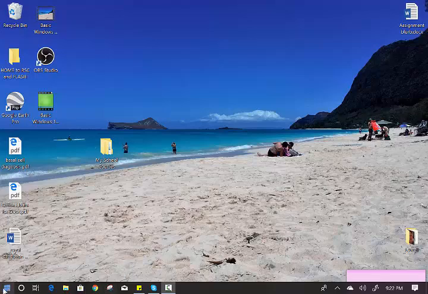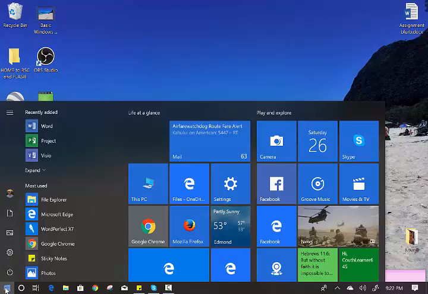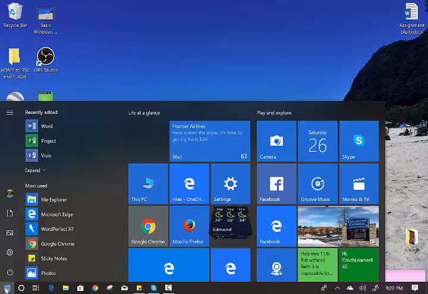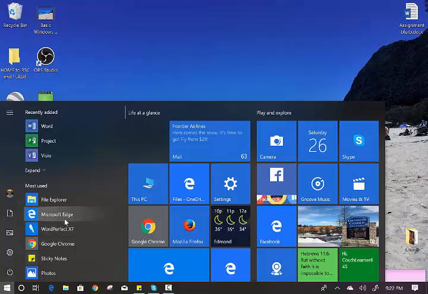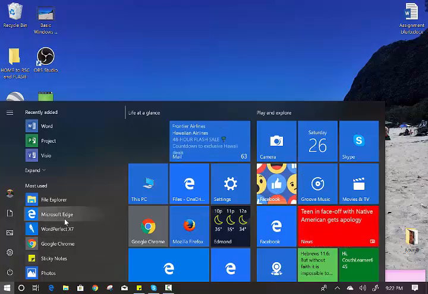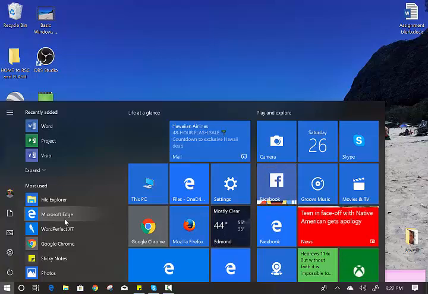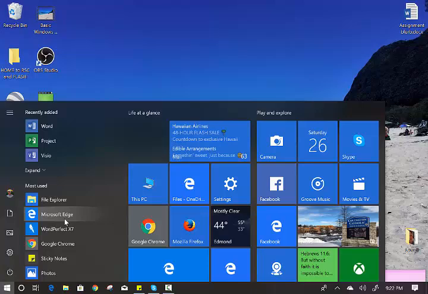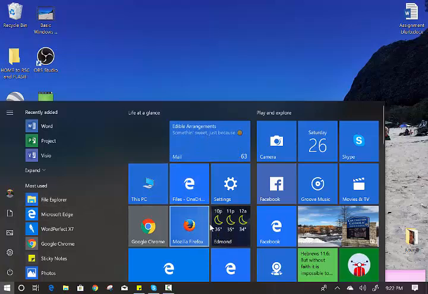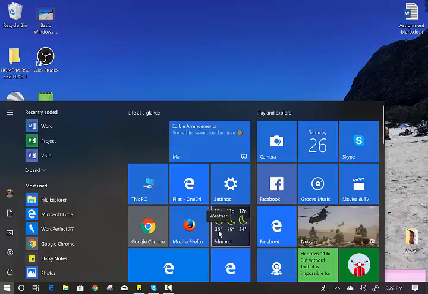Off to the left is the Start button for Windows. When I click on it, it opens up two screens basically. To the left is all the applications that are on the computer, and then you can pin some of those applications or all of the applications, but that would probably take up a lot of memory for you to do so. But you can put a lot of applications over here on the tile pane,